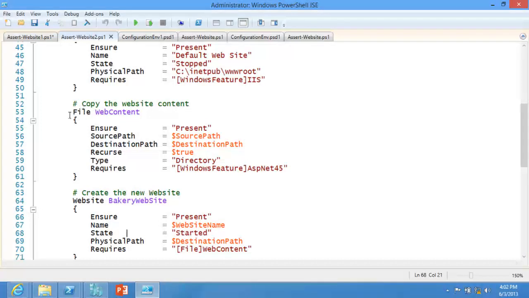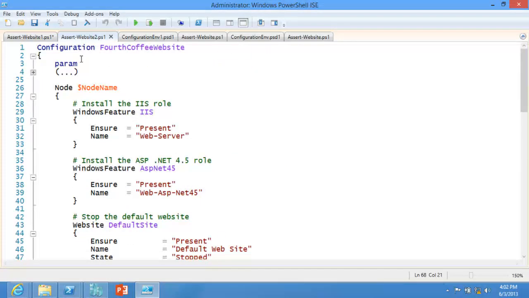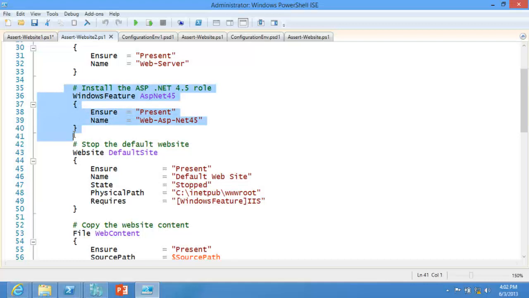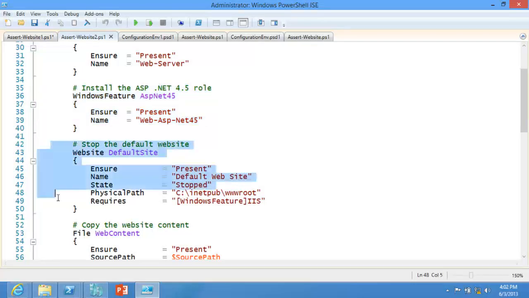Think about this. This is a PS1 file, right? And so these things are effectively building hash tables, right? And remember that all the resources have the same signatures, which are for get, set, and test. So effectively what we're doing is we're taking this hash table and we're using splatting against each one of those commandlets. I see you figured it out. Boom. That's right. So this is like crazy inner baseball, but if you're into inner baseball, it's really cool.